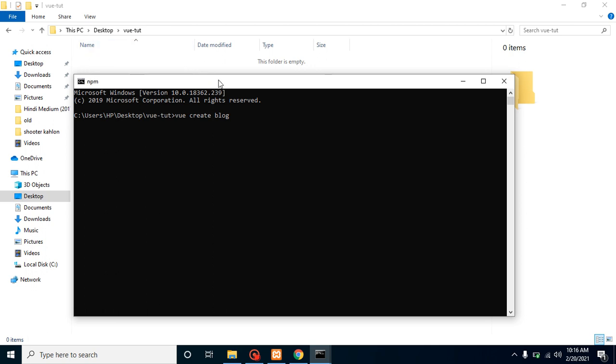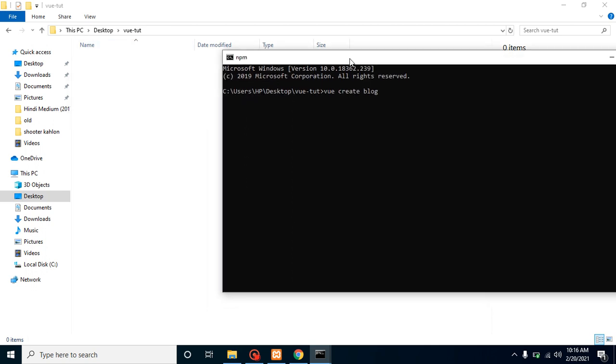Whenever we hit enter, it will ask some questions, like which version you want to use. It will ask me for the default preset, Vue version 2 or Vue version 3. Because this is a Vue version 3 series, I will prefer Vue 3 and just hit enter.